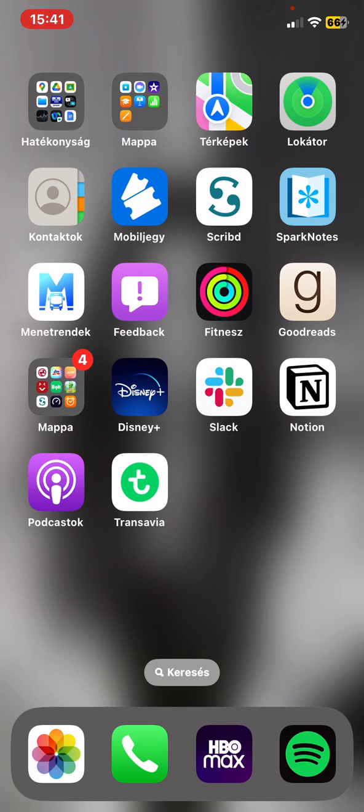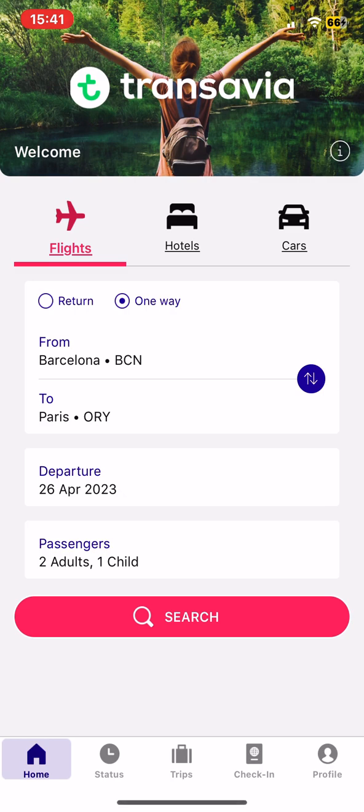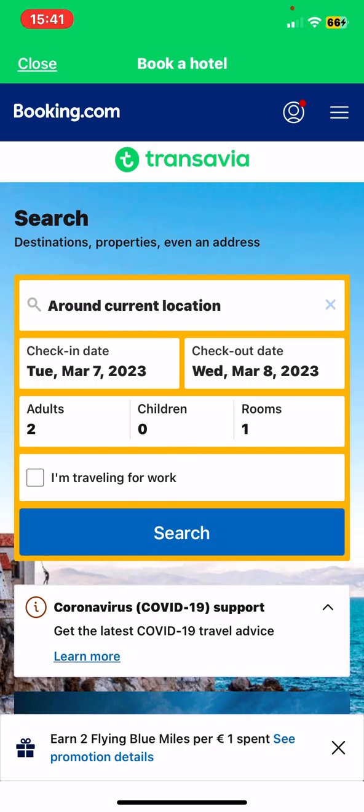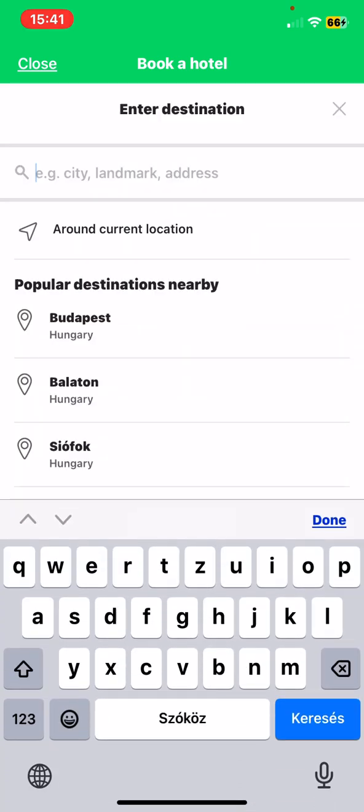First of all, open the application on your phone. And then click on the home button at the bottom of the page on the left. And then click on the hotels button. And the application will direct you to booking, where you can search for your